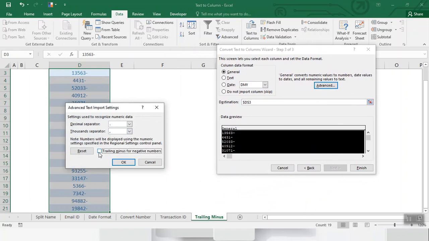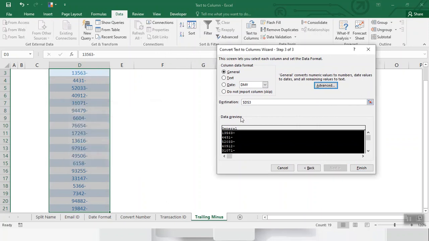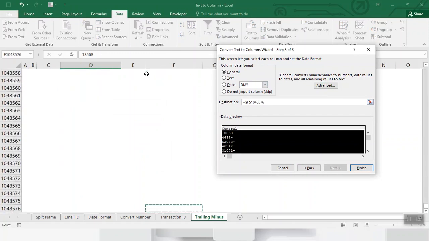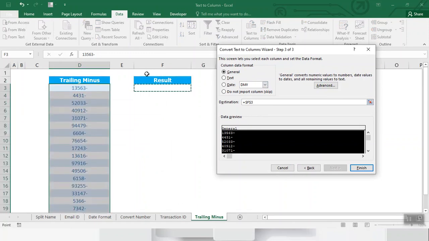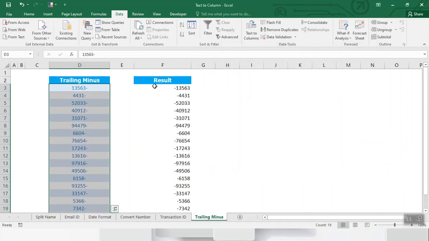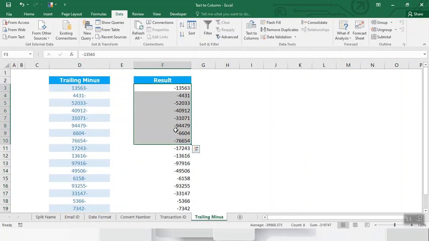When you first open it, this is unchecked, then check. Okay, go to destination place, here, finish. Now it's converted to a negative number instead of trailing minus.